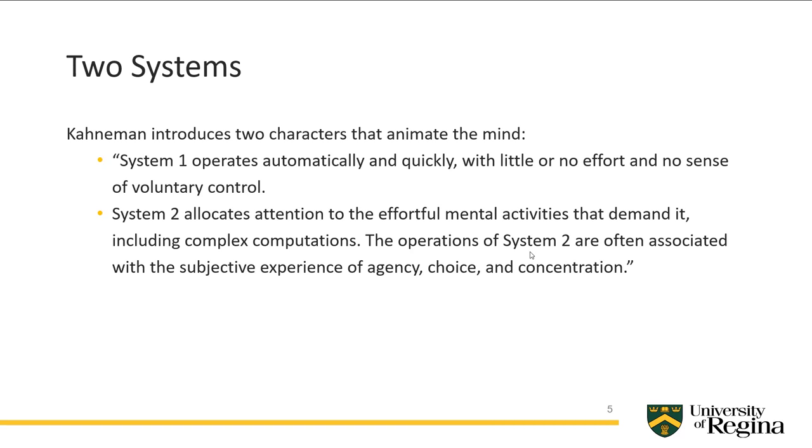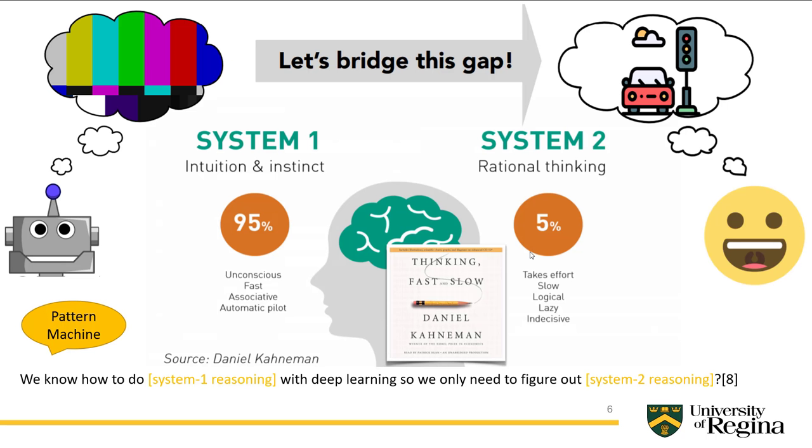Kahneman introduces two characters that animate the mind, System 1 and System 2. You can see System 1 and 2 in this picture. System 1 refers to the intuition and instinct of conversation, and it's an unconscious, fast, and automatic pilot. And System 2 refers to rational thinking, and it takes effort, slow, logical, and this means System 1 is